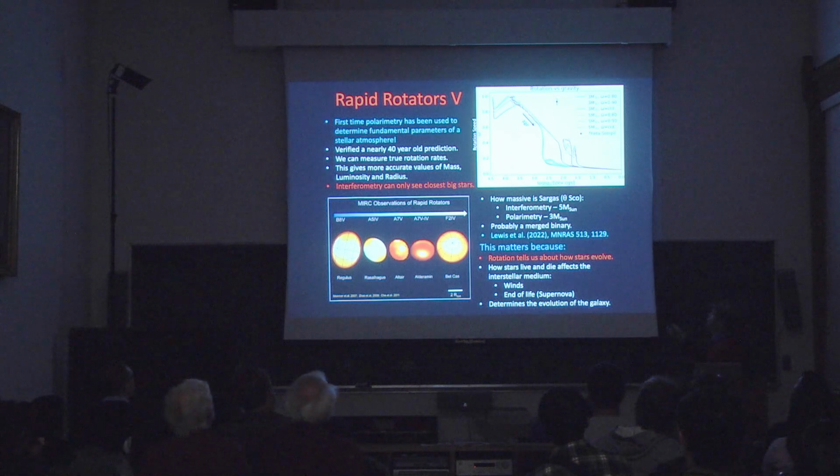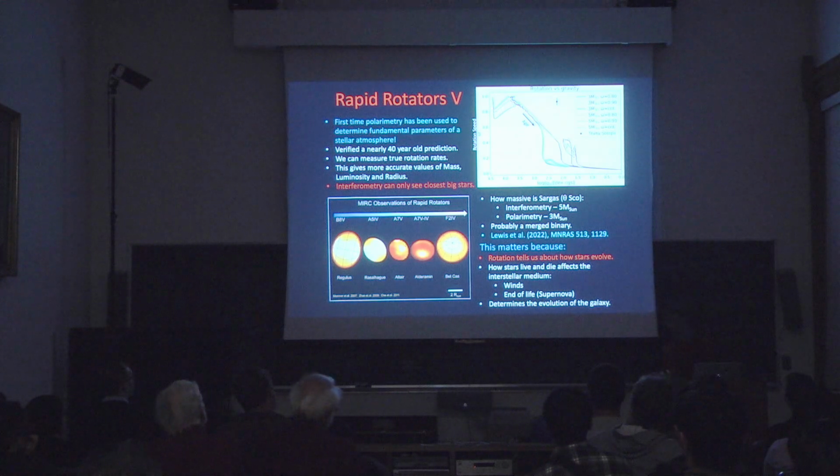And you can see, here's our data point. It's nowhere near any of those. So what's going on there? Well, one possibility, the thing we think is most likely, is that Sargass is the result of a merged binary